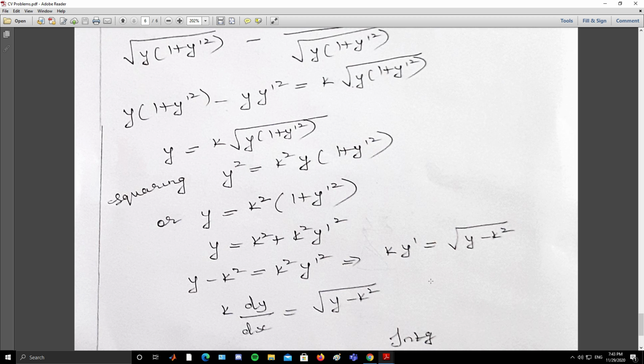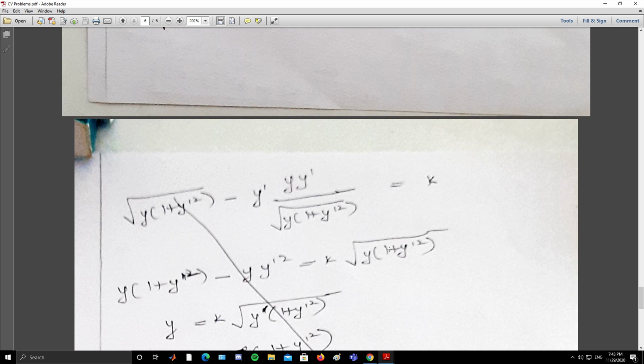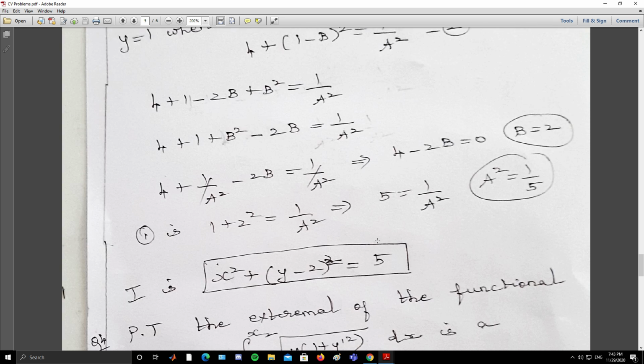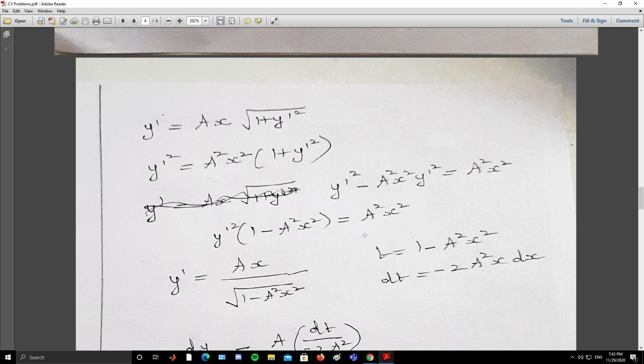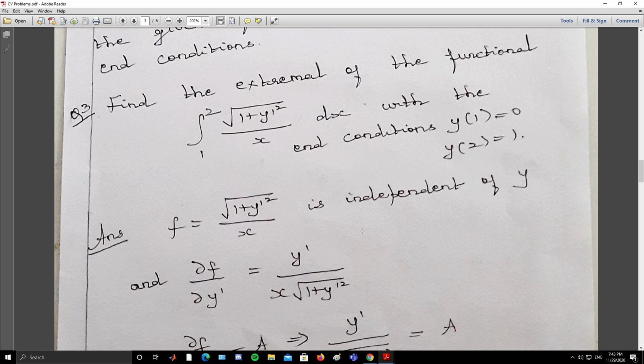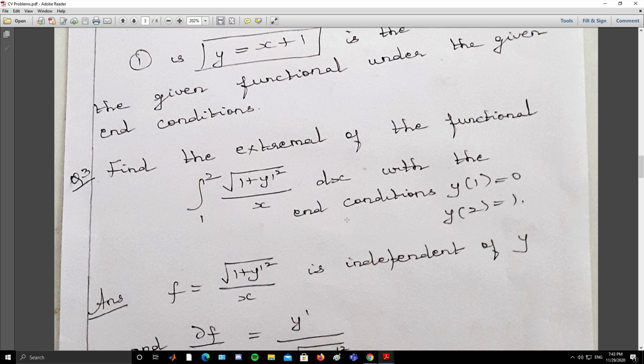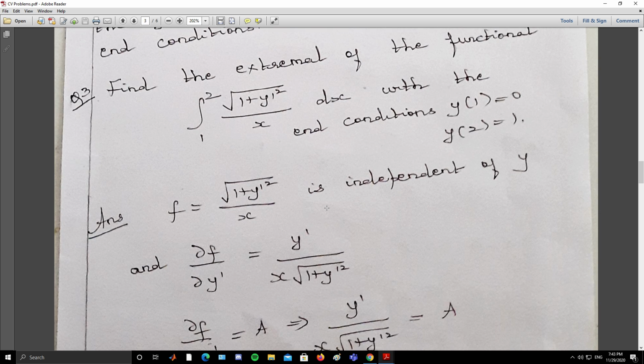So you saw, work out all these problems. I have done problems from every type. So every problem you have a functional. You should remember the Euler's equation in all the 5 cases. You have to solve the Euler's equation to get the solution. Wherever you have square root, you square it to eliminate the square root and keep the derivative to the left side. Then you have to get the solution by variable separable methods, and if you have the conditions, use that to find the particular solution.